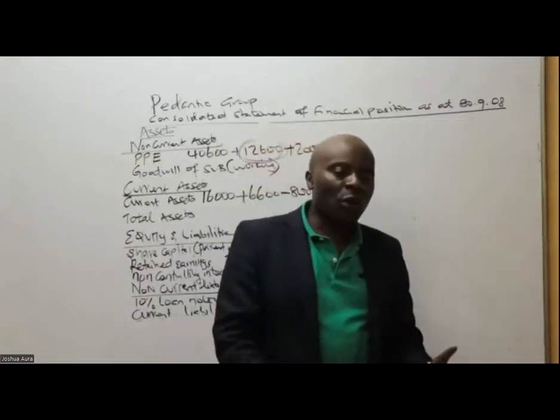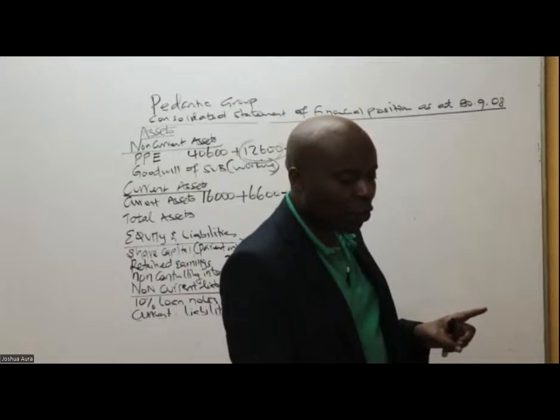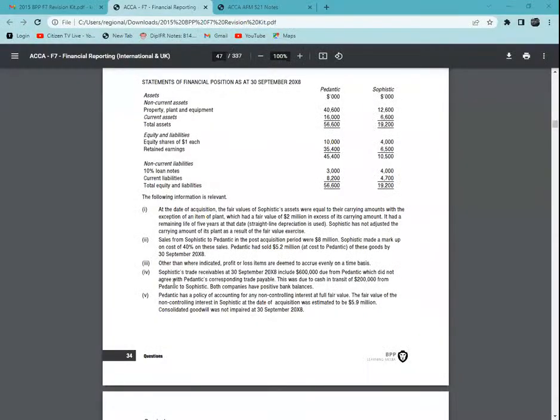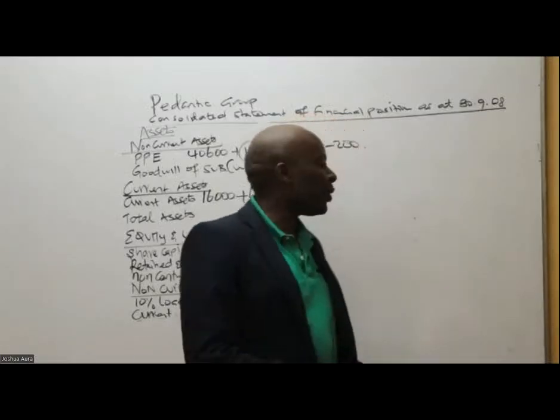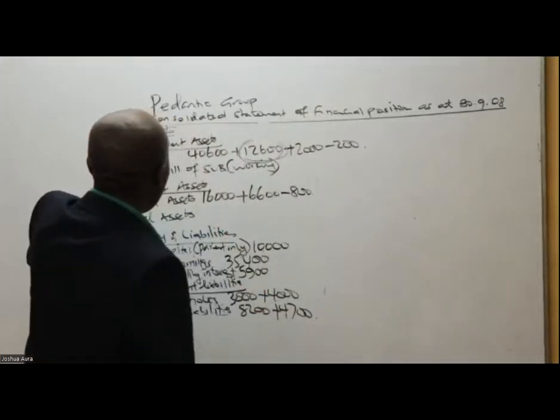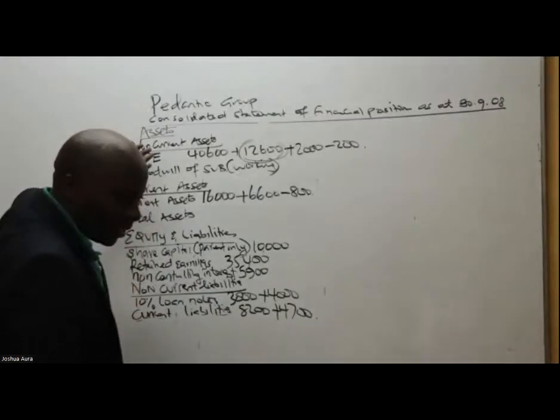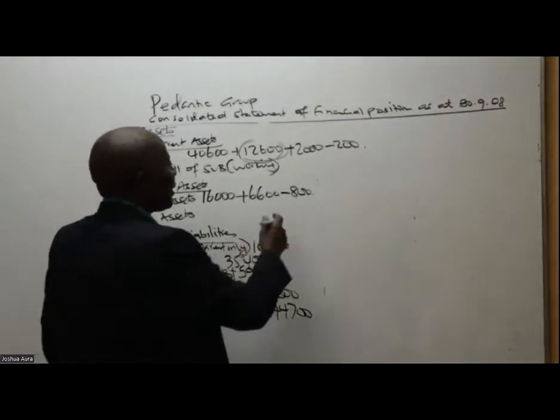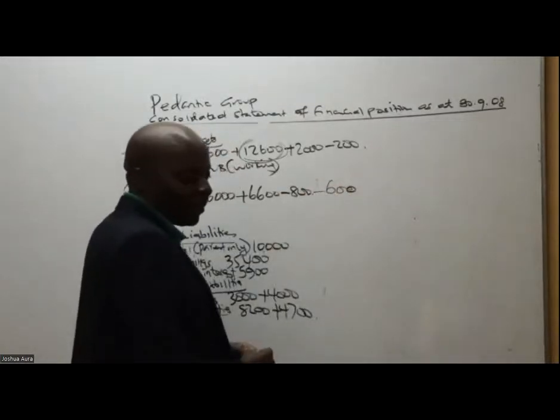So I need to go, ladies and gentlemen, then to the receivables. Sophistic trade receivables include 600,000 from the father. Haiwezekani. So please go to the receivables and strike off that 600. So where do I find receivables here? Right? Current assets. So kwa current assets enda pale sema minus 600. Tunaenda vizuri sana. Sema hapo minus 600. Alafu endelea kusoma